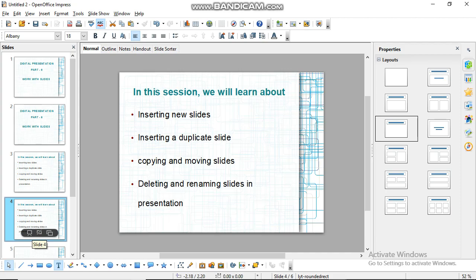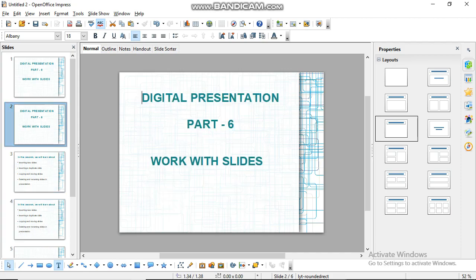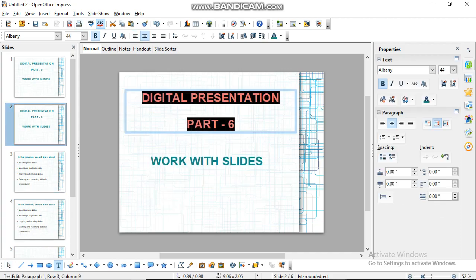Then we come to copying and moving slides. You can very easily copy any slide.